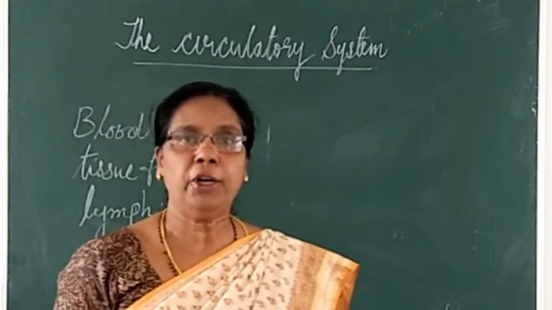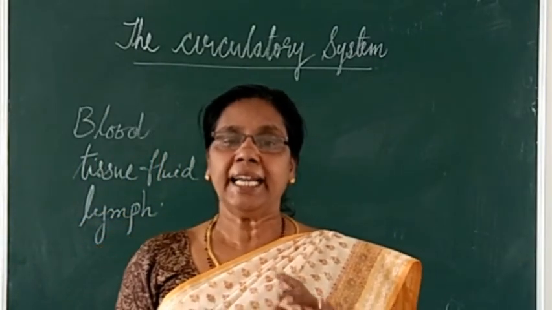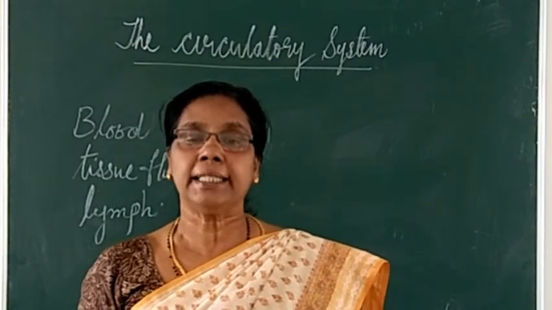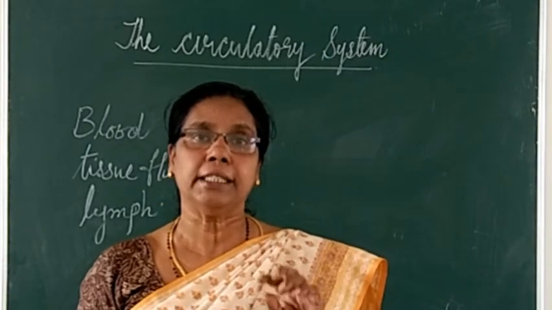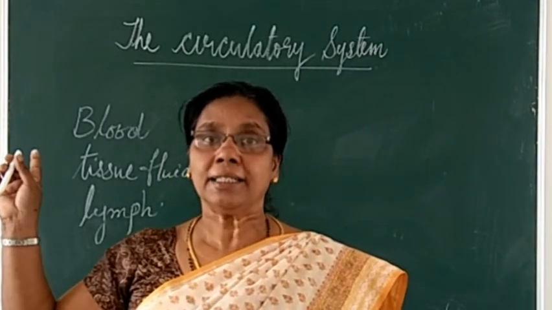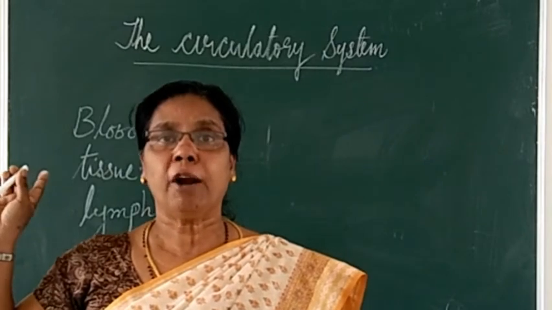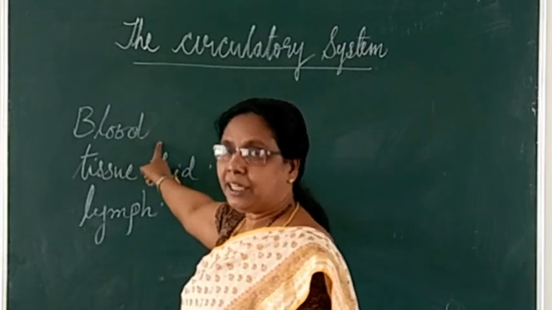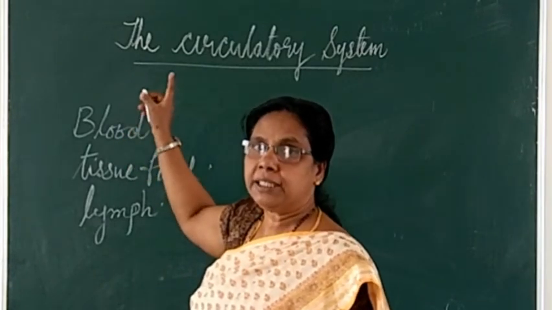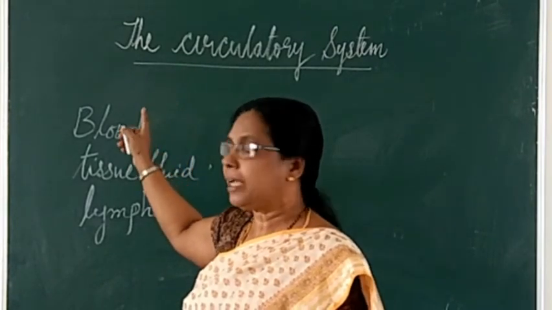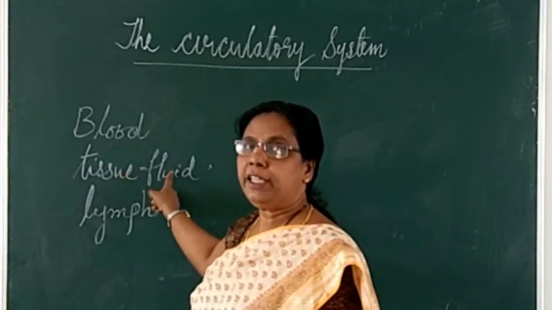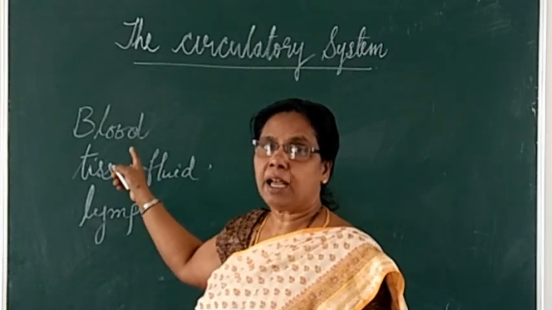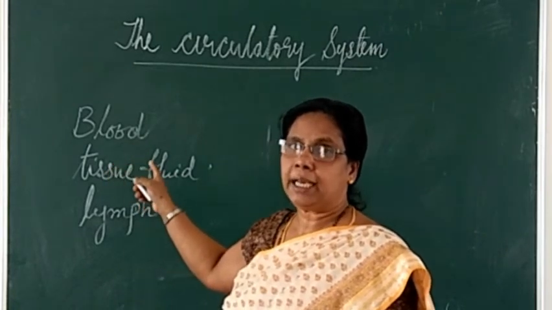The third fluid in our body is lymph, which is contained in the lymph vessels and in the lymphatic organs, like our spleen and tonsils. So these are the three main fluids we can see in our body. First one is blood, the heart pumps the blood through three blood vessels, namely arteries, veins and capillaries. Tissue fluid is present in between the organs, for example pericardial fluid.